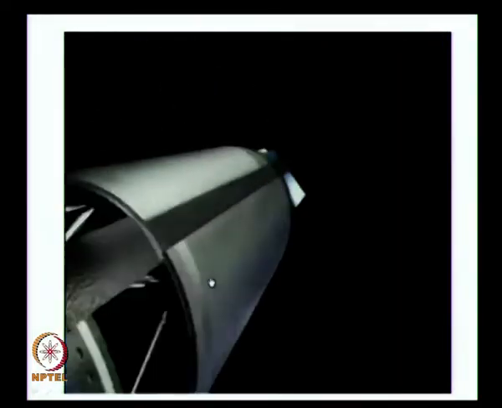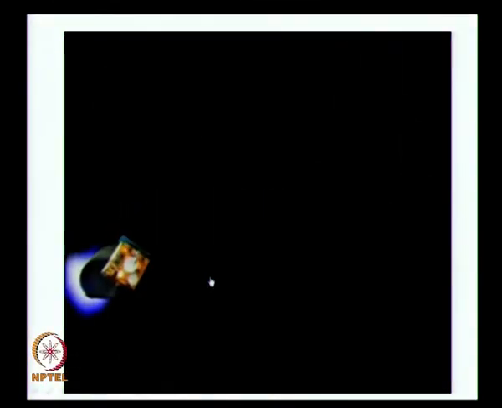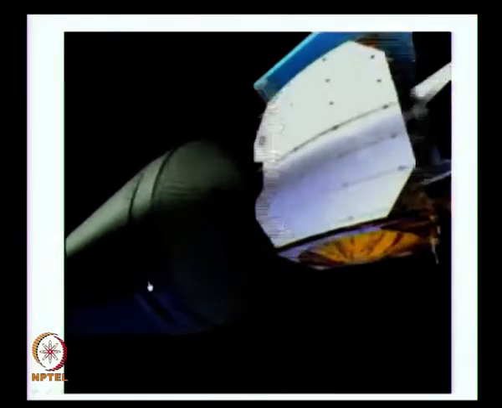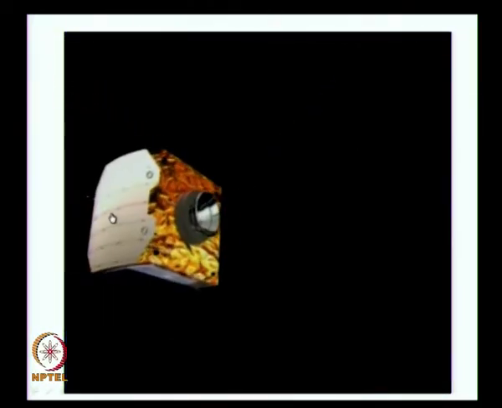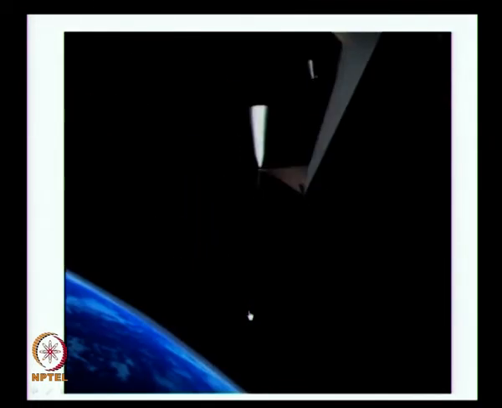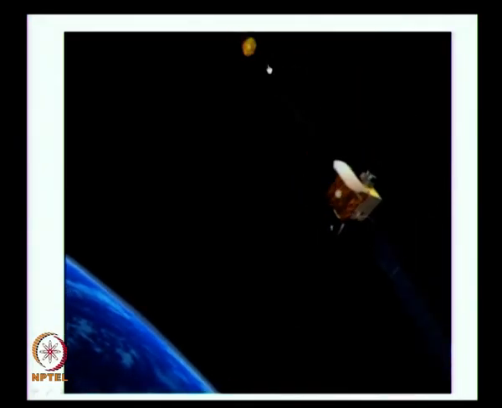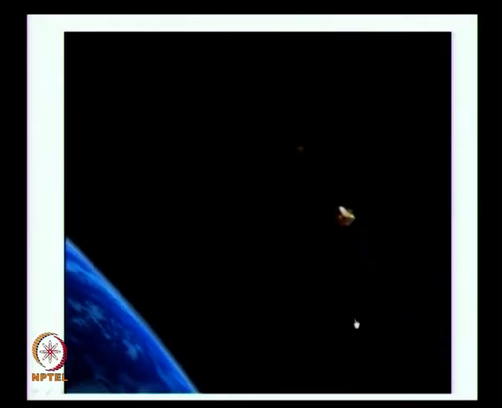Then the second stage fires, this is the interstage, then it keeps going further, then the third stage fires, and it keeps going, and then after its task is over, it again gets separated, and then only the spacecraft is there, and once it reaches the particular orbit, it deploys, and this is how you get the final vehicle which goes into orbit. Therefore, staging is a very important exercise in any of these rockets, staging, clustering, and